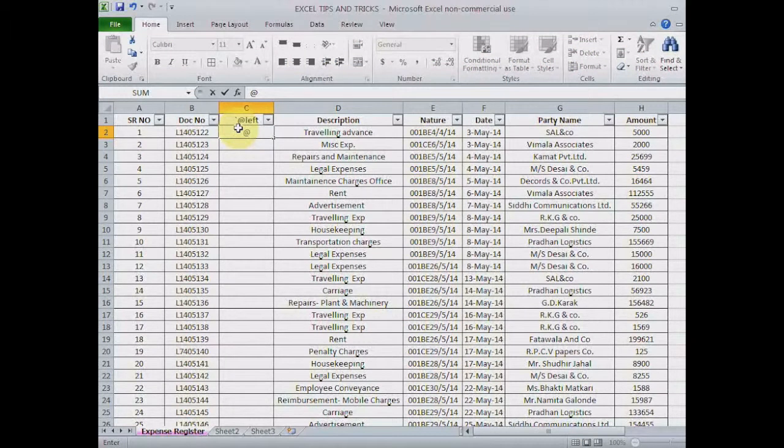Write @left, open a bracket, select the cell for which you want the first value or values from the first onward. Now here I want only L, so I'll write 1, because I want only L and not the values further than L. Say enter, and you get the desired result.